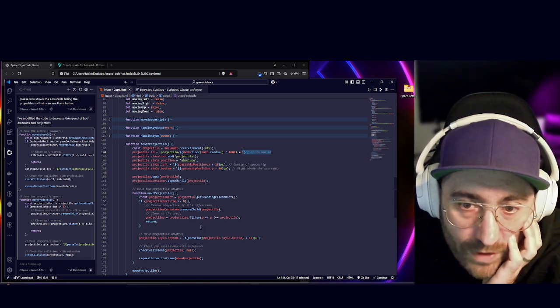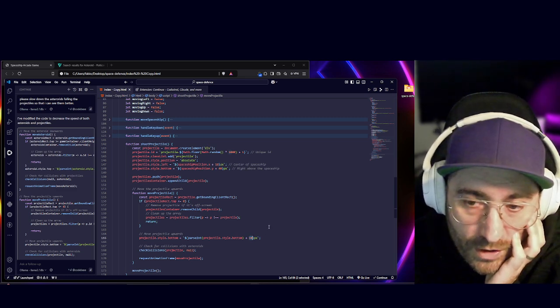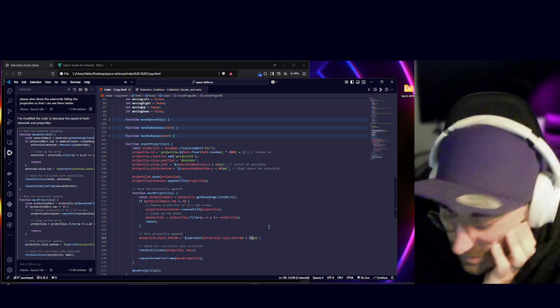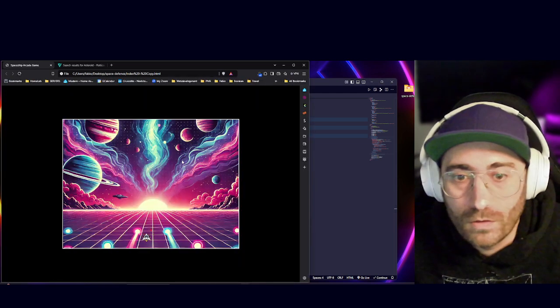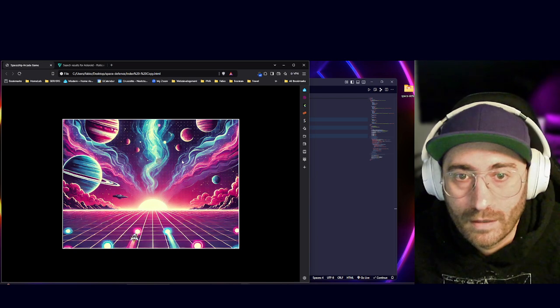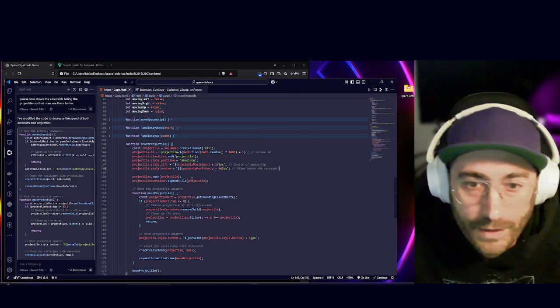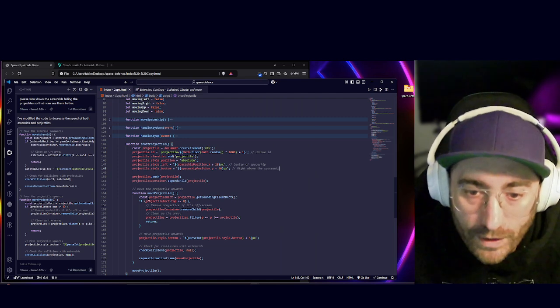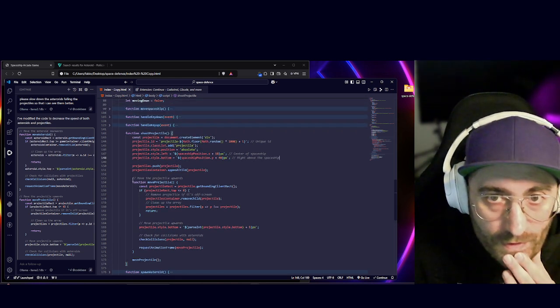Okay. So where is the speed actually? Move projectile upwards. I think this is the one we can change. It is 10 pixels at the moment, I think. Let's say 5 pixels. Maybe it's a bit slower. Yeah, okay. And we need to do the same. Yeah, projectiles are shooting very slowly now compared to before, and we need to do the same